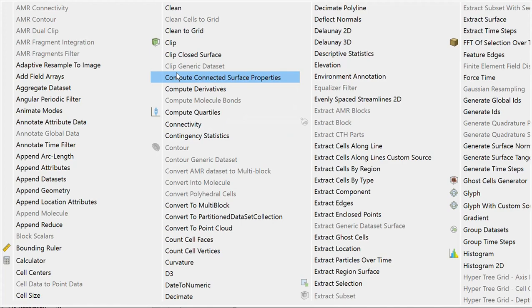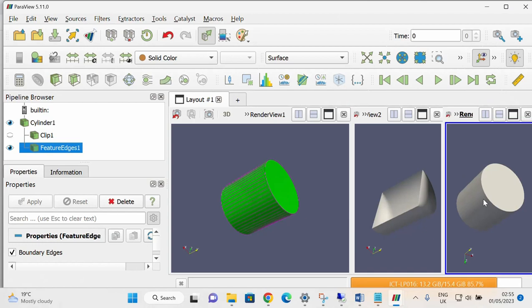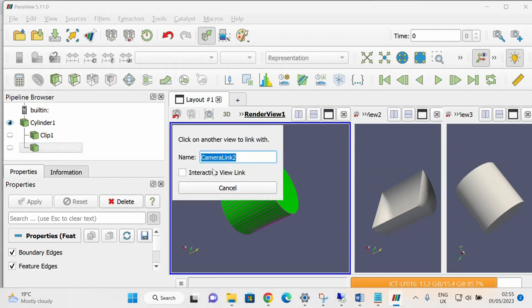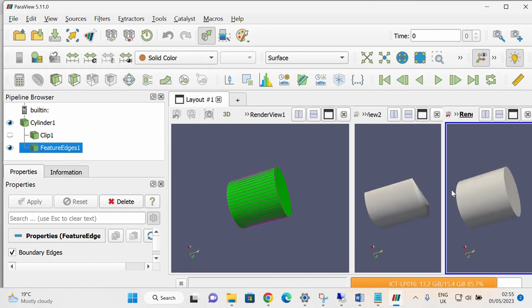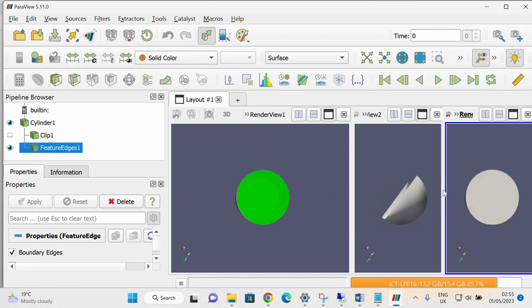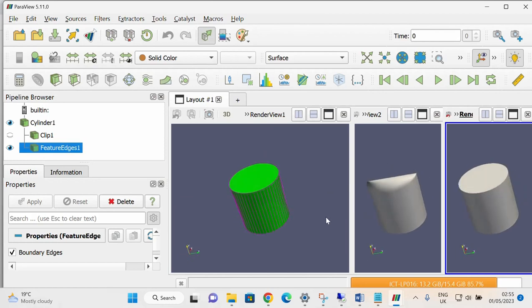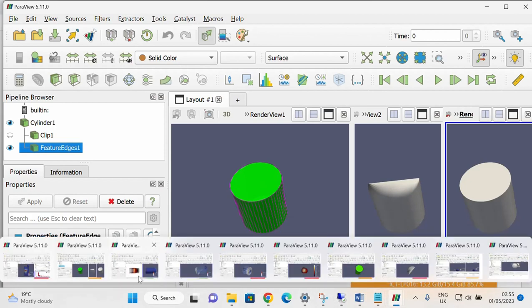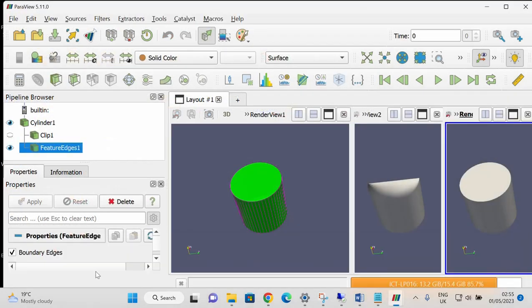What you can do, you link it to camera 3, different objects in different angles. So very handy. Then you can use it to